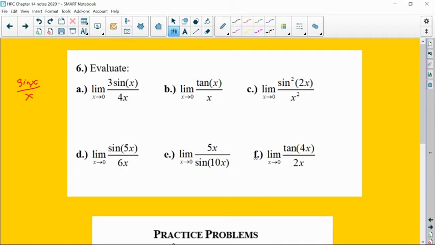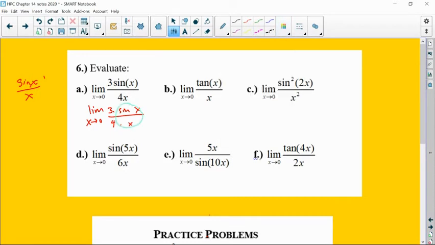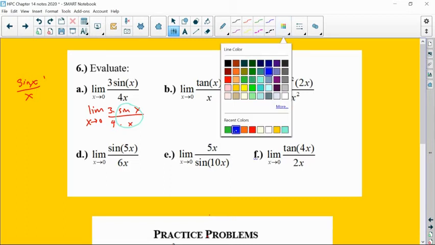So you kind of want to manipulate it a bit to make it look like sine x over x. And so I can think separately: this is the limit as x approaches 0 of 3, and there's sine of x and 4x. You're just multiplying, but if you think about the 3 times that and the 4 times that, then I do in fact get this sine x over x. So that much of the function is going to approach 1, and then we just have the coefficient of 3/4. So I'd have 3/4 times 1, which is equal to